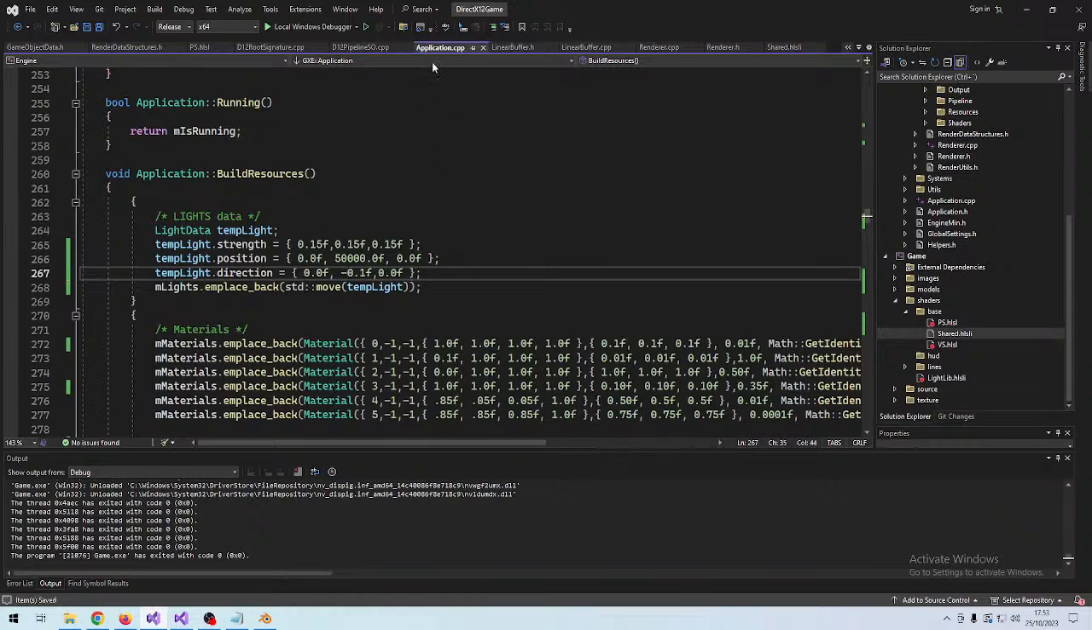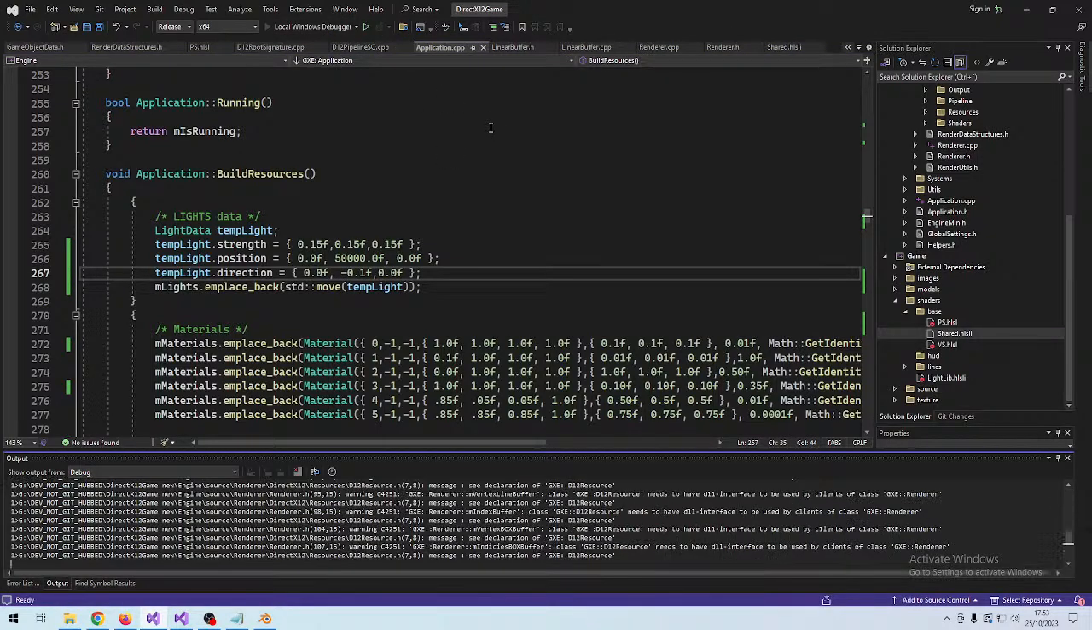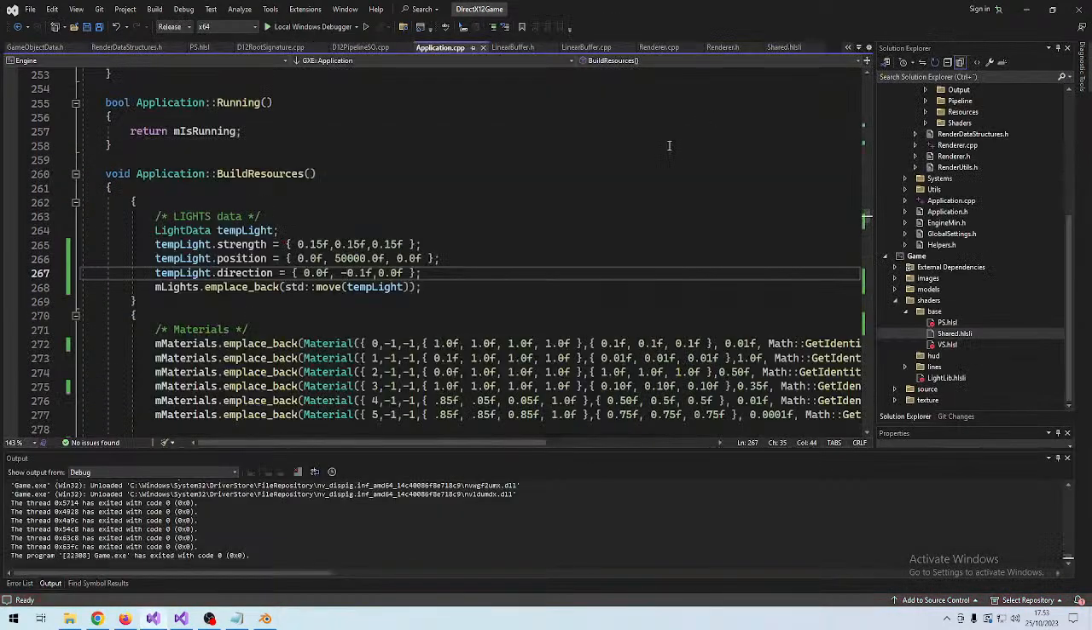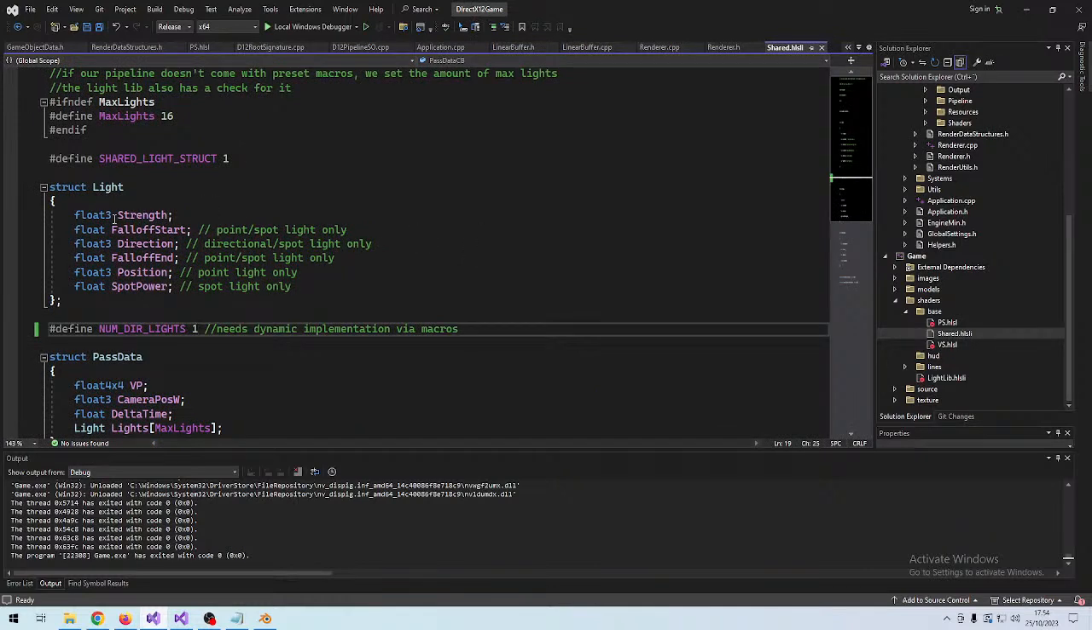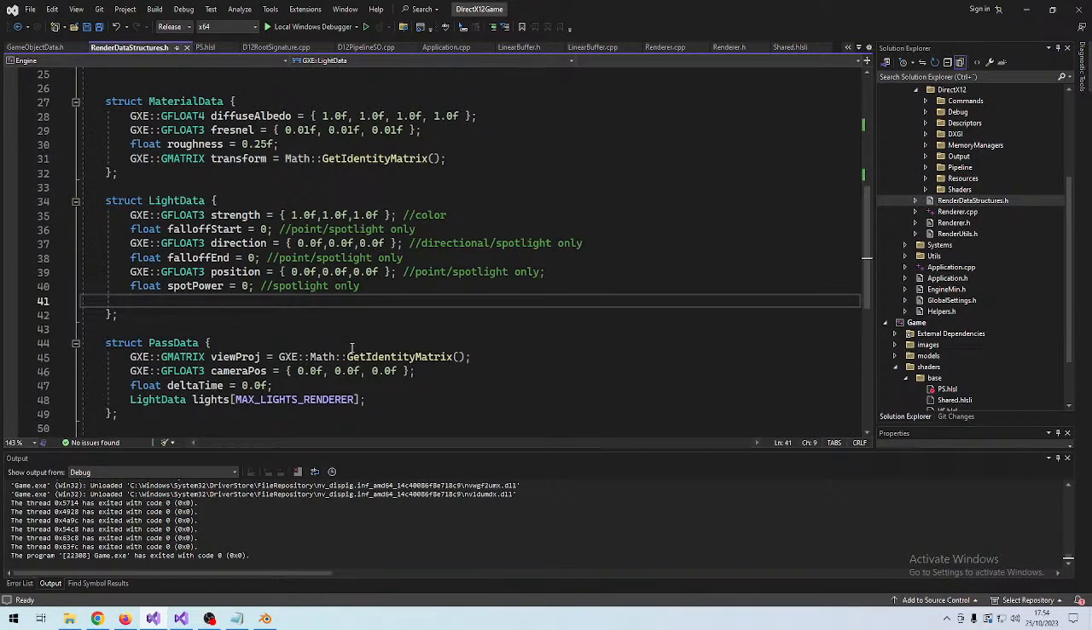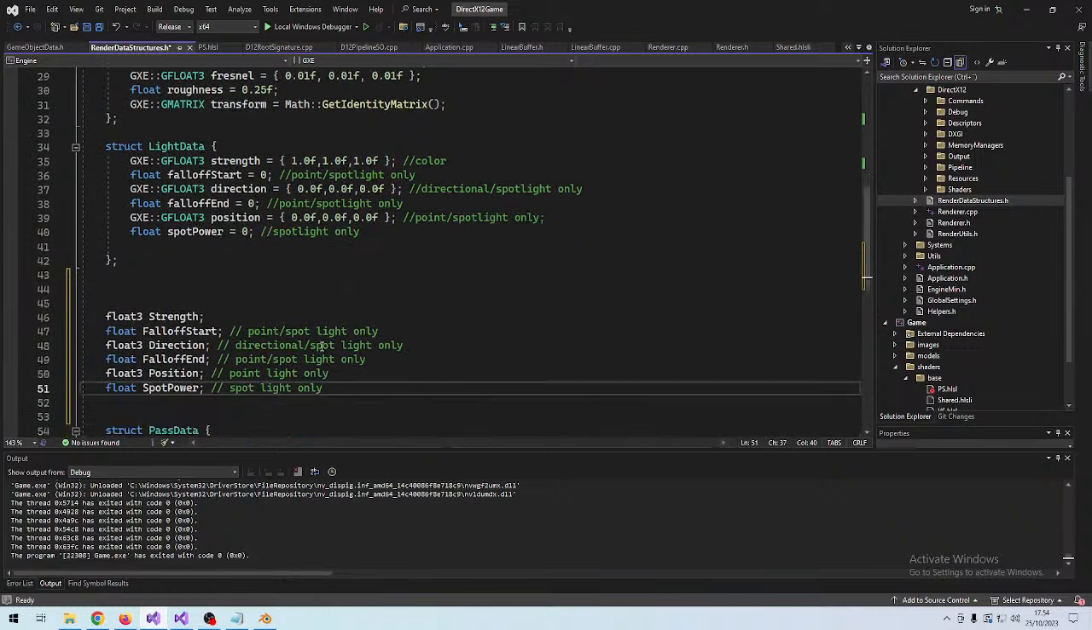Let's see. This did look a bit better. Maybe I upload the wrong values into the shader. That could be a problem. So we have a structure like this, but what is our local renderer structure? We have the strength, we have the fall off,